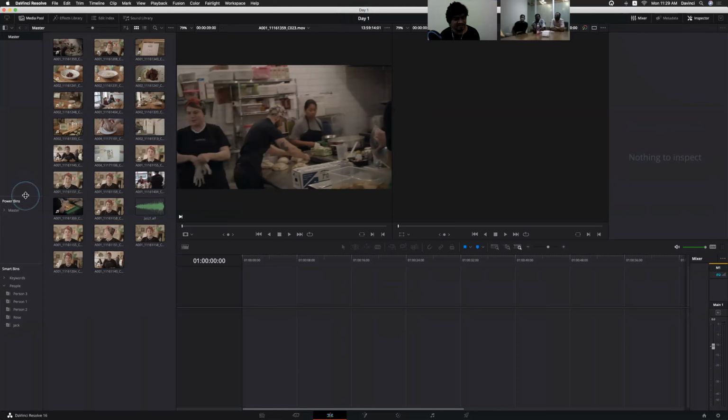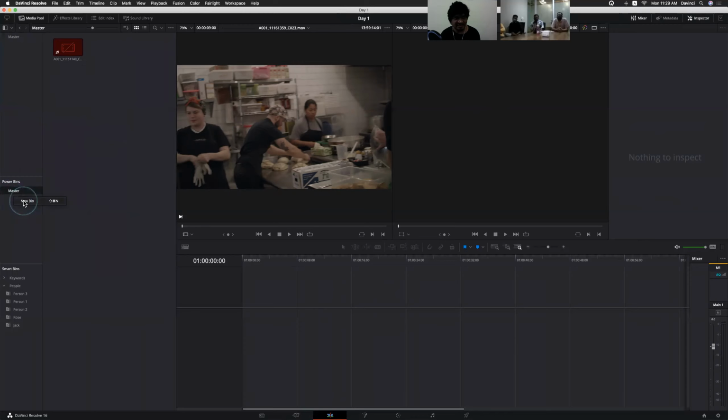But power bins are like a shared folder. Shared folder means whatever content you add to the power bin will be available throughout any other project. If you have stock footage or stock music files that we'll use in most projects, you can simply add them into the power bins so that no need to import every time. Within the database, it's always available in power bins, right? You can even create new bins also.